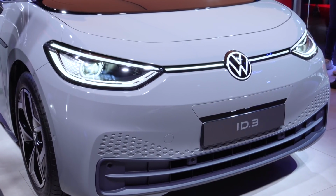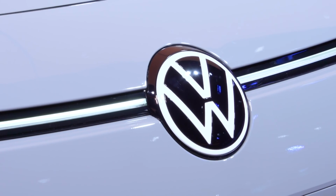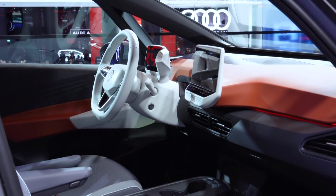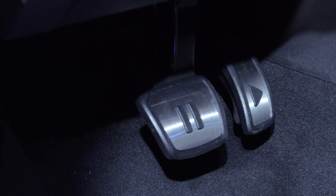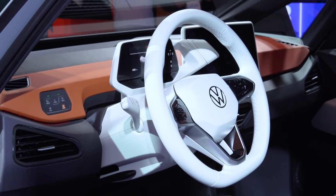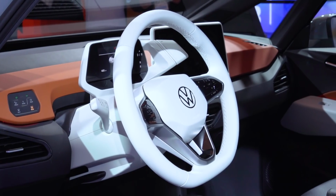ID3 is based on a new MEB platform which will underpin other electric vehicles, and Volkswagen is also going to license it, Ford is interested, to other manufacturers. So the breadth of MEB's reach will be quite broad overall. The ID3 is a family car, a little bit bigger than a Golf, but not very much. Volkswagen claims there's more space inside than a Golf thanks to the practicality in packaging offered by having a large battery pack underneath the floor, and you'll be able to get an ID3 in 2 power outputs and 3 different